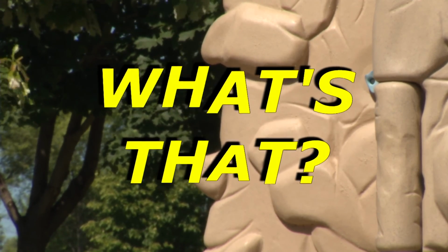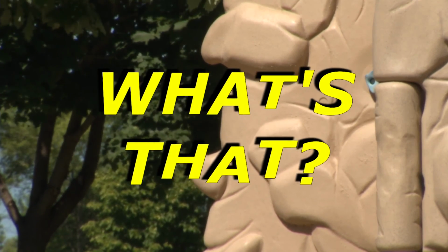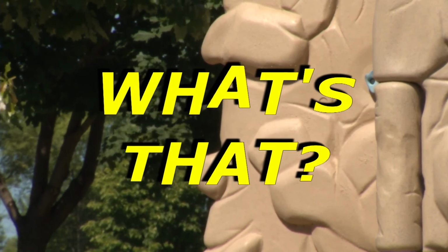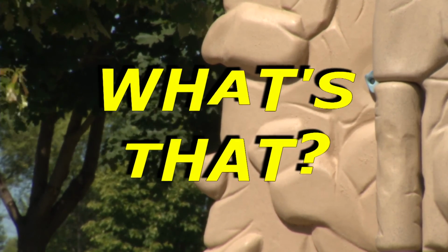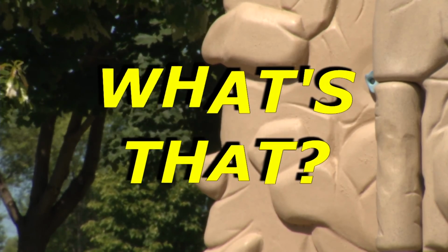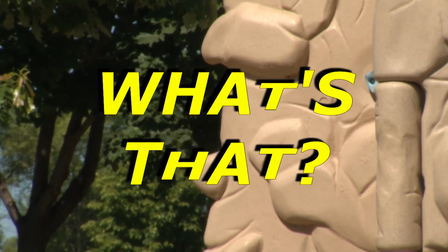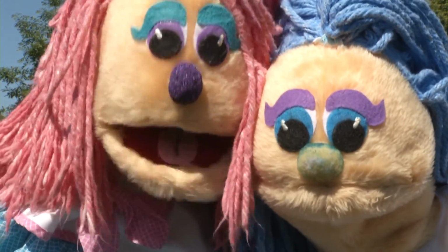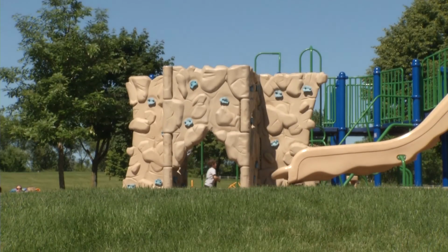Okay, Euphronia, let's play What's That? Oh, I don't know. What is that? Is that the underside of a Stegosaurus Rex? Is that a close-up of a decaying tooth? Is it a moldy, mildewy cheesecake left over from Christmas? Oh, those were some good guesses, Euphronia, but you weren't even close because it's...